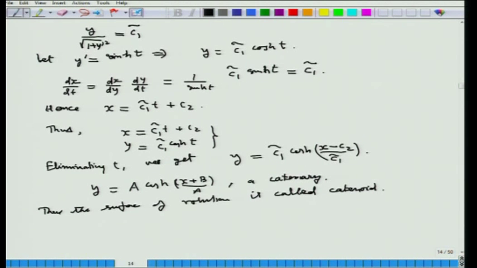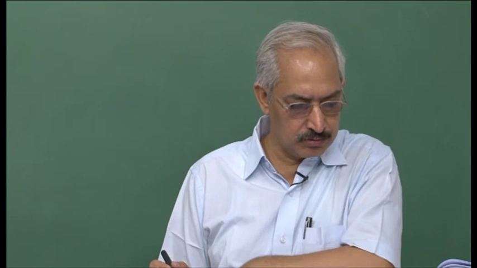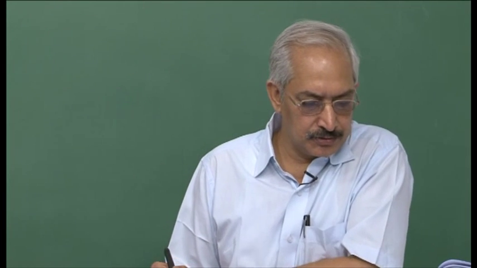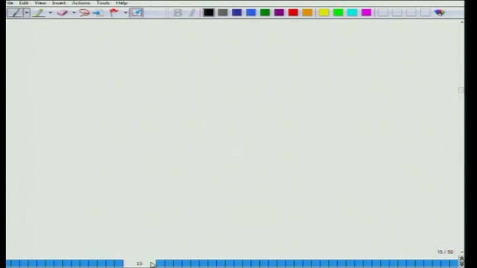So, in this case the extremals are catenary here. Those are the curves which will minimize the surface area. Now, we come to the problem of Rochester cone, which was introduced in the first lecture. So, here